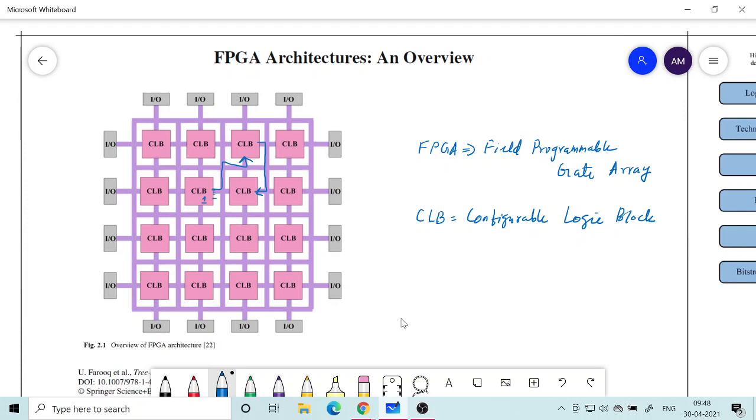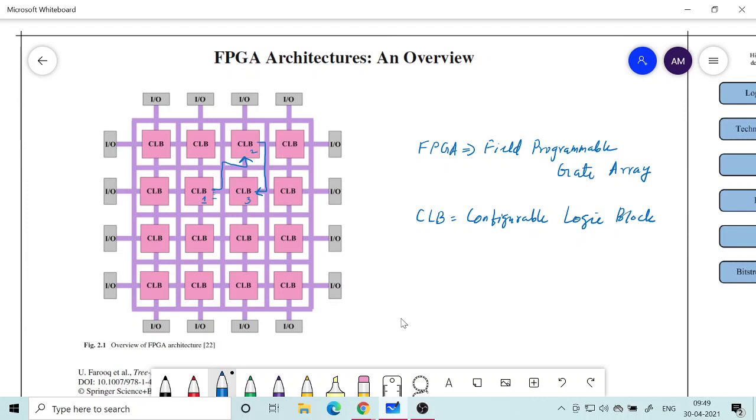For example, you are making a floating point adder, so some part of that circuit will be in CLB1, and then it goes to CLB2, and then the last part may be in CLB3. So CLB1, 2, 3 may together implement that design. So there has to be a programmable routing network which can establish this connection. That is achieved by these purple lines.